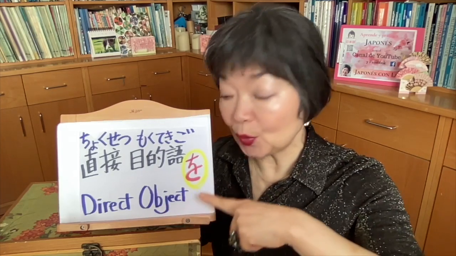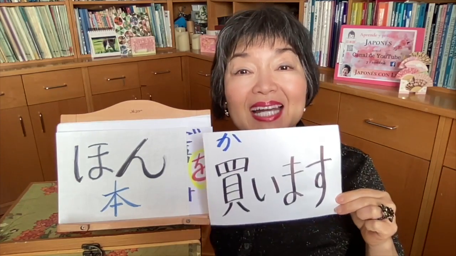And there's a rule in Japanese that after the direct object, we need to use this particle wo. We pronounce it o, but you must write wo. So in a Japanese sentence, when I want to say I buy a book, I must say like this: I, a book, wo, buy. So in this case, 私は本を買います。